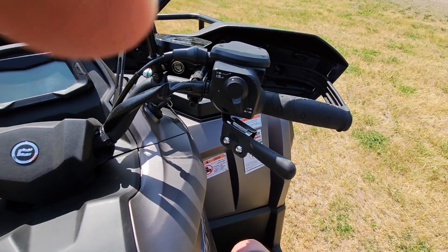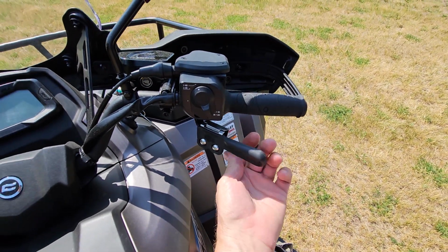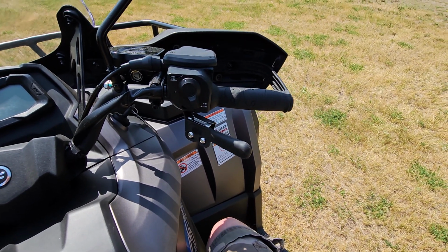And I also added this thumb buddy on the throttle, to get my finger out of the way. That's pretty cool. I think that was 25 bucks on Amazon. Love it. It's really handy for when